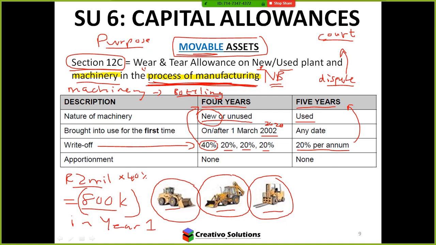Is that going to help the business? Of course. The business is going to have taxable income that's going to be less 800,000. Do you see that? Yeah. And that's what we're looking at here. So is that an incentive to buy a new machine? Of course. And that's why businesses definitely purchase